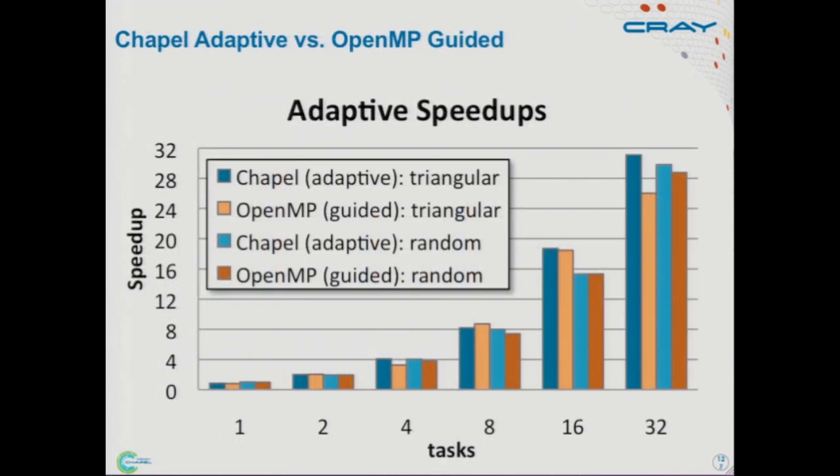An example of this was done by that same colleague. She basically had an idea of an adaptive work stealing load balancing algorithm that she wanted to use that's not supported by OpenMP. So she implemented that in Chapel and showed with some of these artificial workloads that you could get better performance than you could with the OpenMP versions. Again, without changes to the Chapel compiler, runtime, or language.